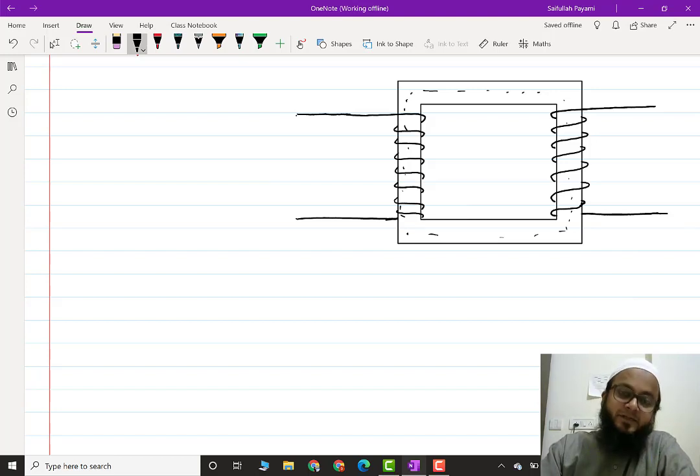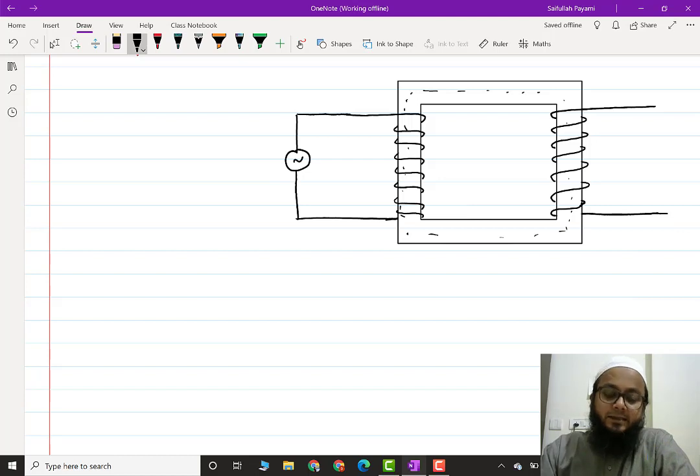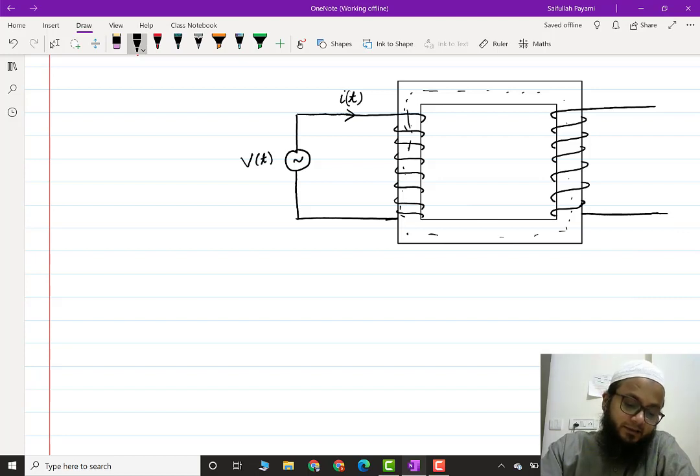So the main operating principle is that one electrical circuit or one winding of this transformer is energized by an AC source, and it produces a current i1(t) here, which is also a sinusoidal one. And obviously we have seen in one of our previous lectures that it will try to push the flux by the right hand rule. It will try to push the flux out of it in this direction, phi.